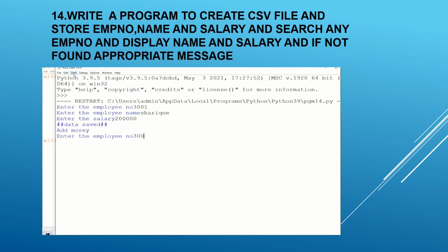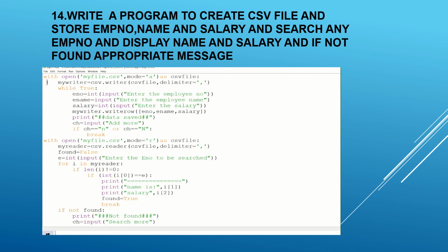Okay, data got saved. Next is 305. Okay, we can search any one of these. So that name is present. We also want to print the appropriate message, so let's check it once again with a number not found.